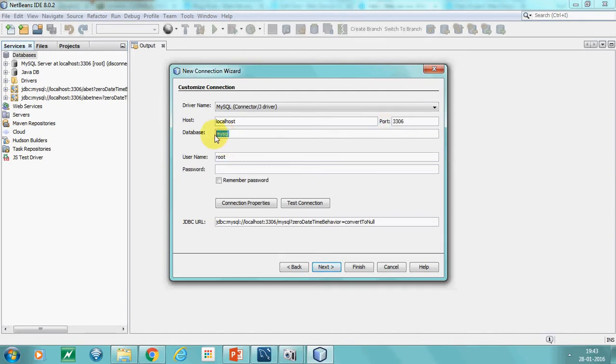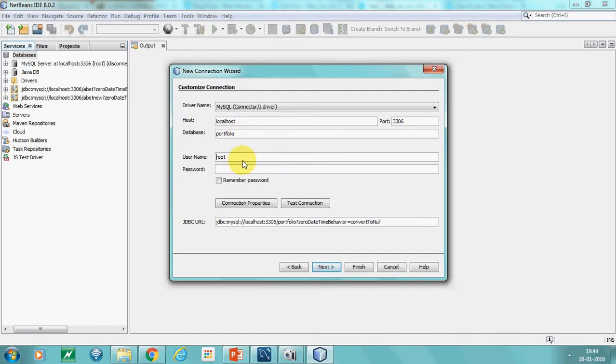Then we are going to give the database. What was the name of my database schema? Portfolio, the one which you imported into MySQL Workbench. The database schema name is portfolio. Don't make typo mistakes. You have to give the same database name. The same database schema was created in your MySQL Workbench server, so you have to provide that same database name here, called portfolio.